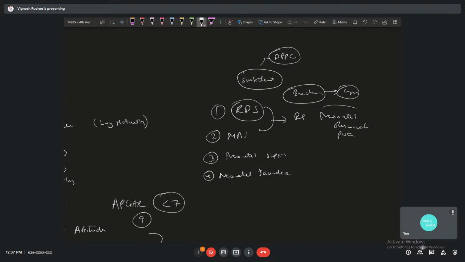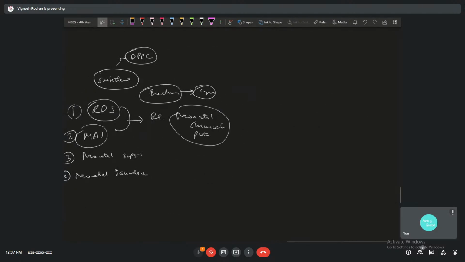protocol here. Before we go into this protocol, I'll just tell a little bit about meconium aspiration. When a baby is in the uterus like this, it passes meconium, and a good obstetrician can easily detect the presence of meconium in the amniotic fluid. If this meconium enters the baby's mouth and goes and gets dislodged in the respiratory system, you have meconium aspiration syndrome. Similar thing, but there it's surfactant, here it's meconium. That's the only difference, but similar complaints. And neonatal resuscitation you're going to get.